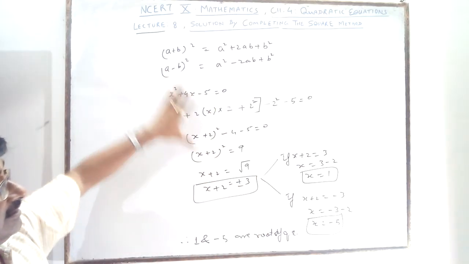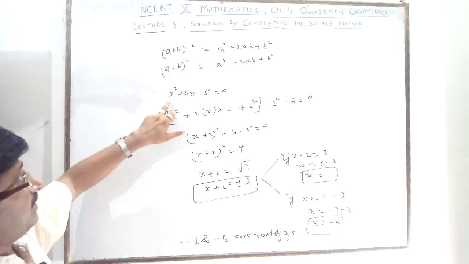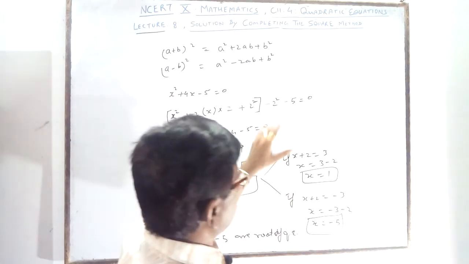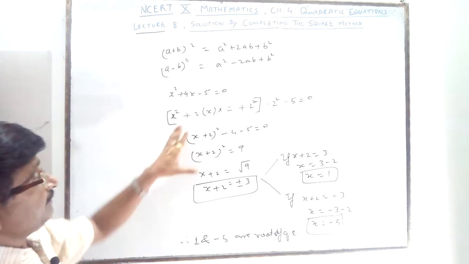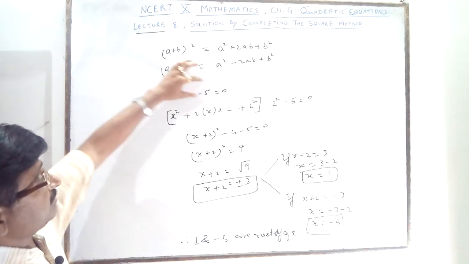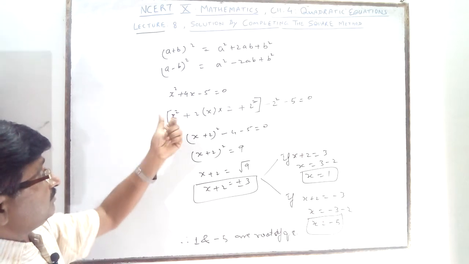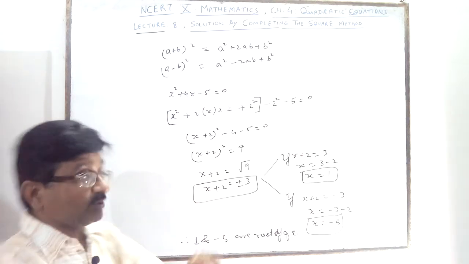Very simply, it is a method to solve, but here a perfect square was given. Suppose there is no perfect square; another example you will see. Clear? First you don't look at the third term. First you look at the first two terms, and in the first two terms you see which is the perfect square.